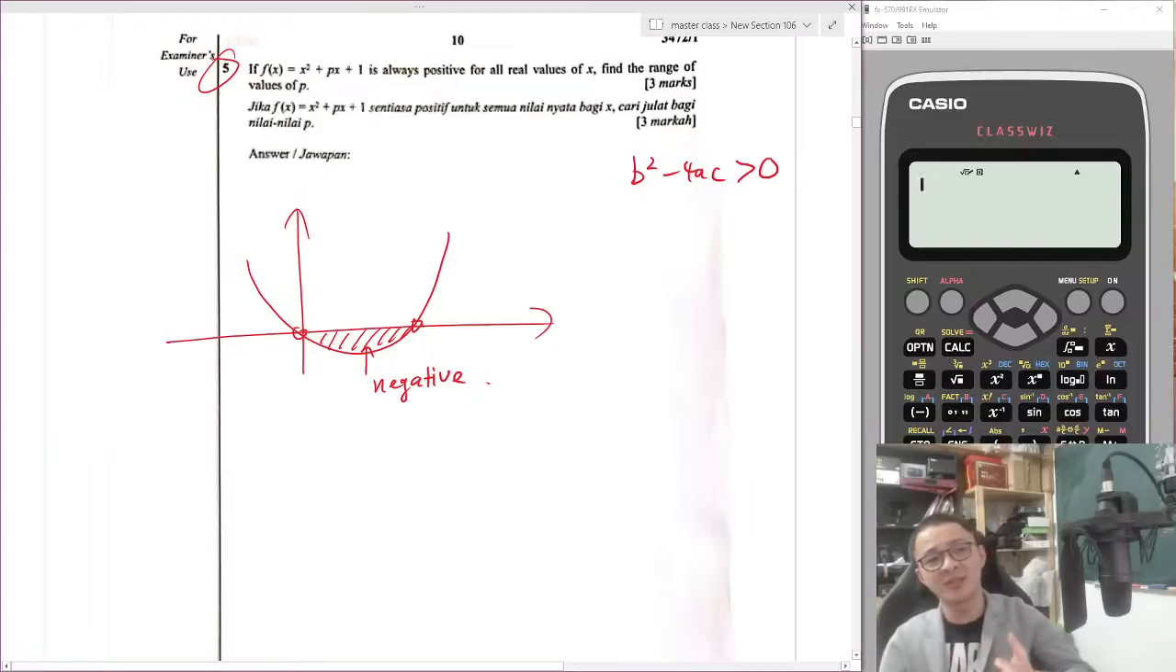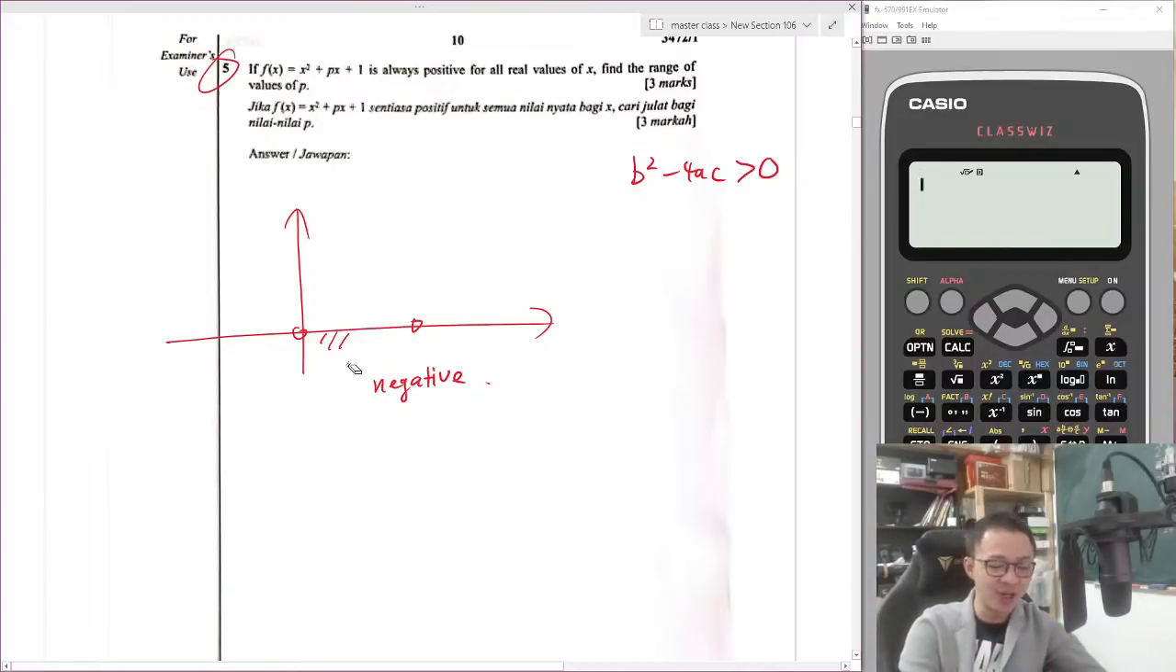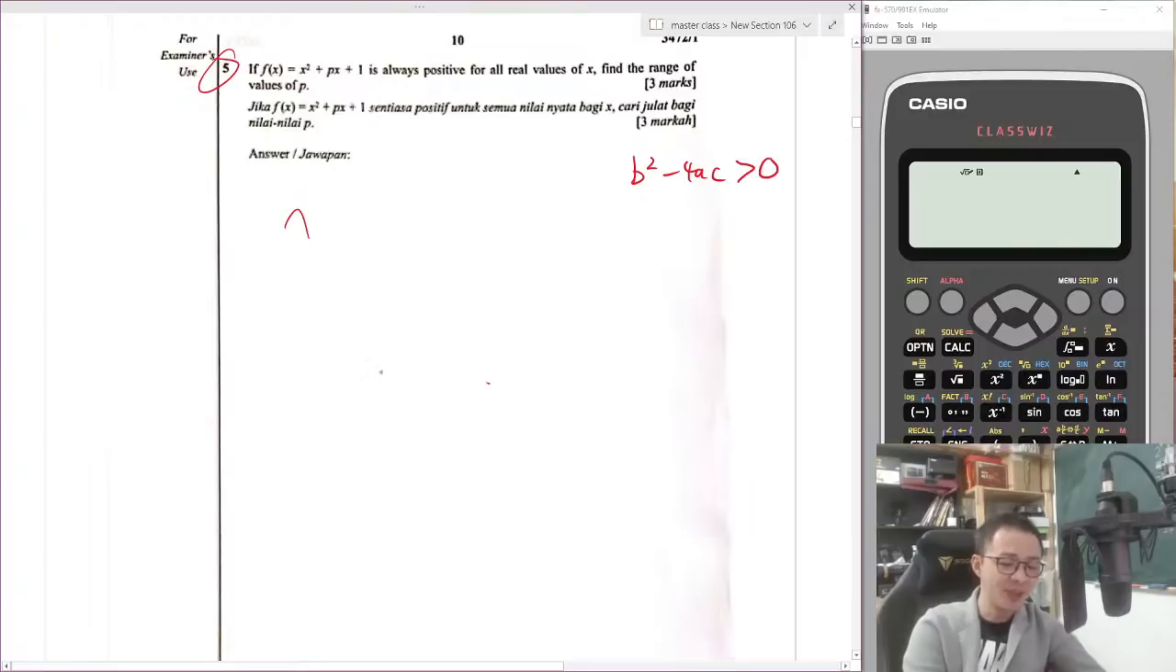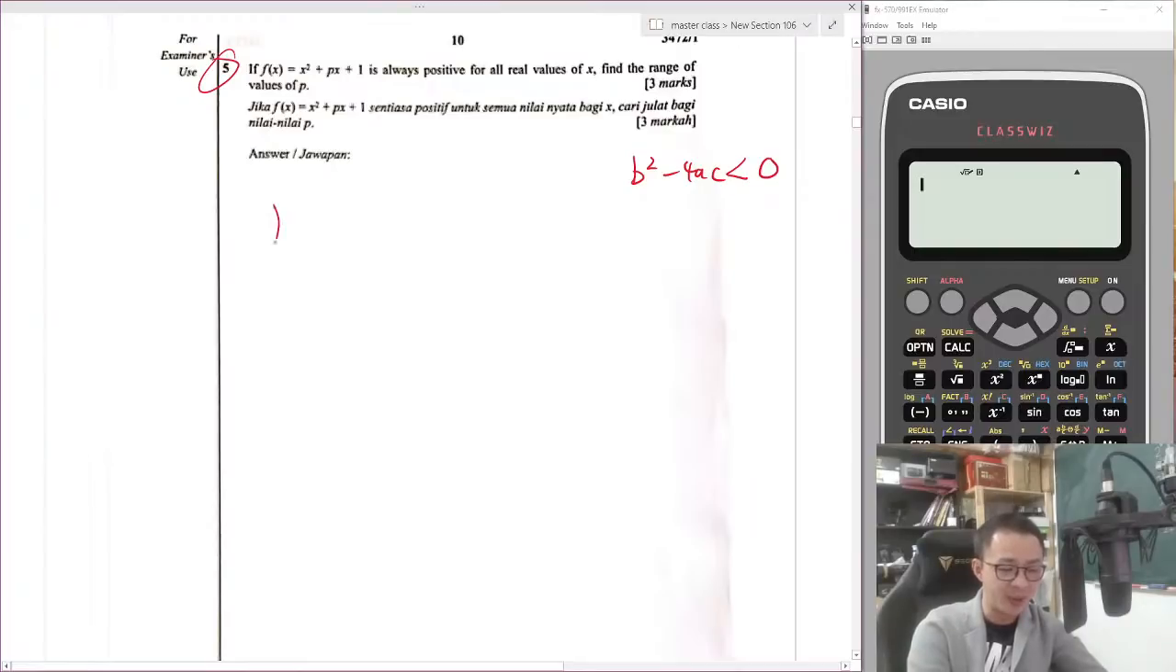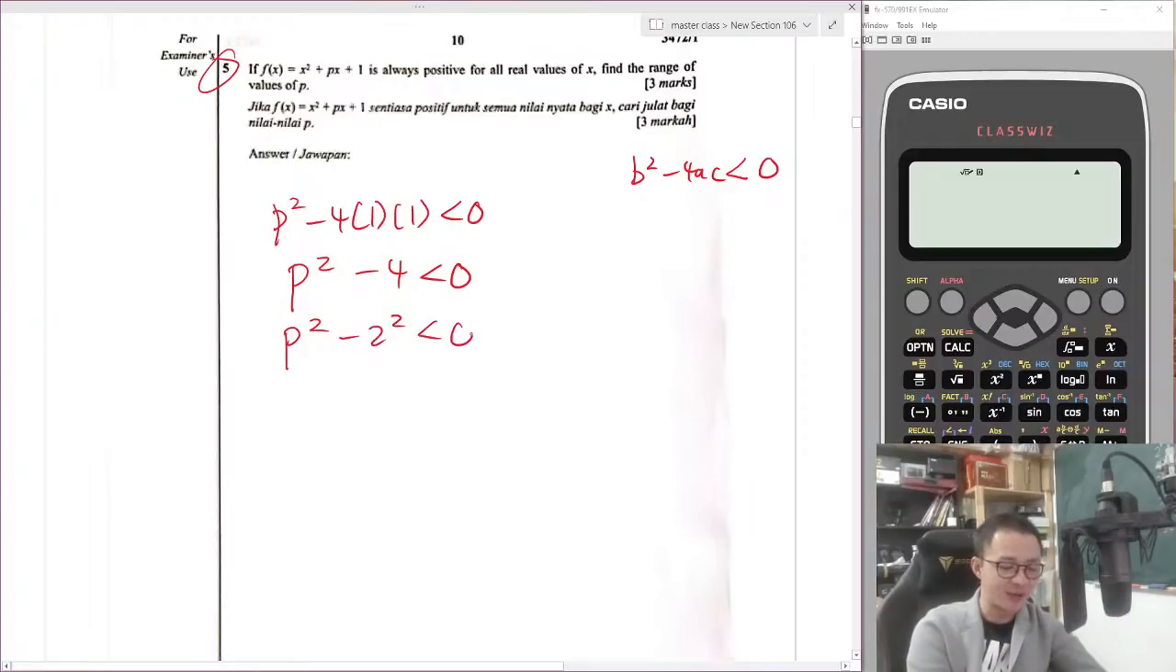Because b squared minus 4ac bigger than 0 means two intersections, right? So therefore my graph must always be above the x-axis. If always above the x-axis, it should be b squared minus 4ac less than 0. So this is something you must know. So my b here will be p, a is 1, c is 1: p squared minus 4 less than 0, p squared minus 2 squared less than 0. This is (p plus 2)(p minus 2) less than 0. Then p must be between